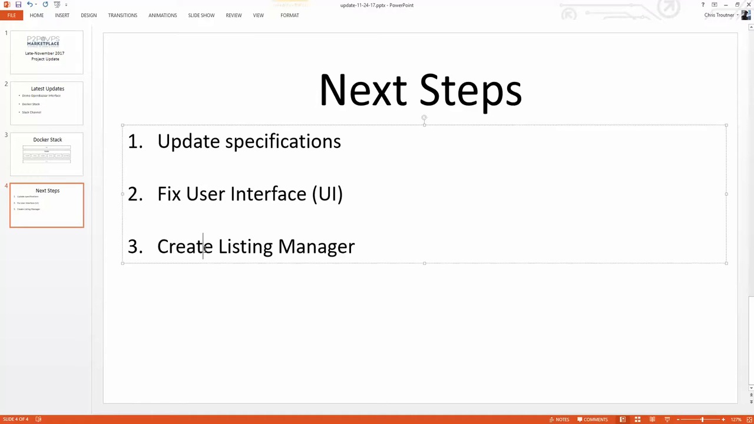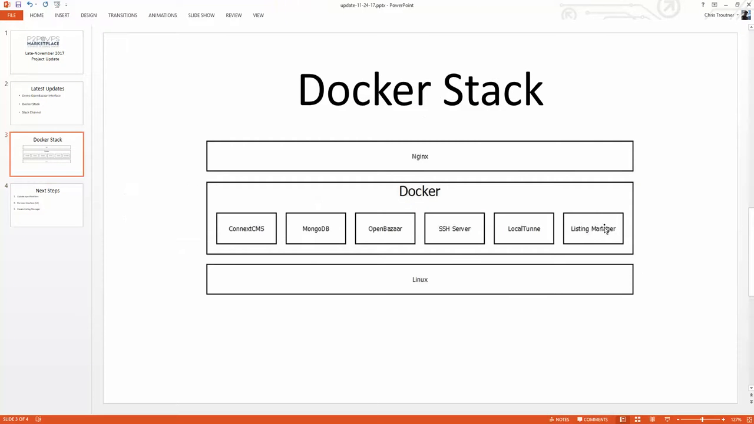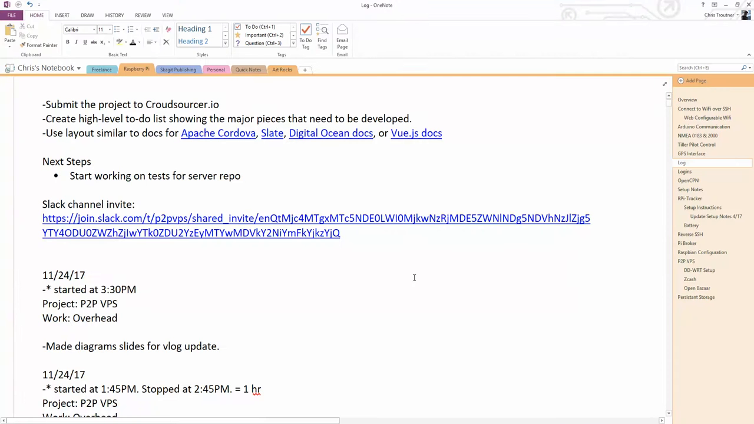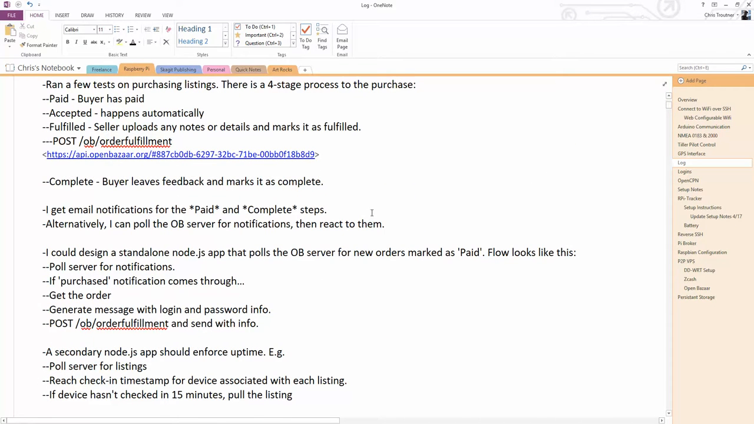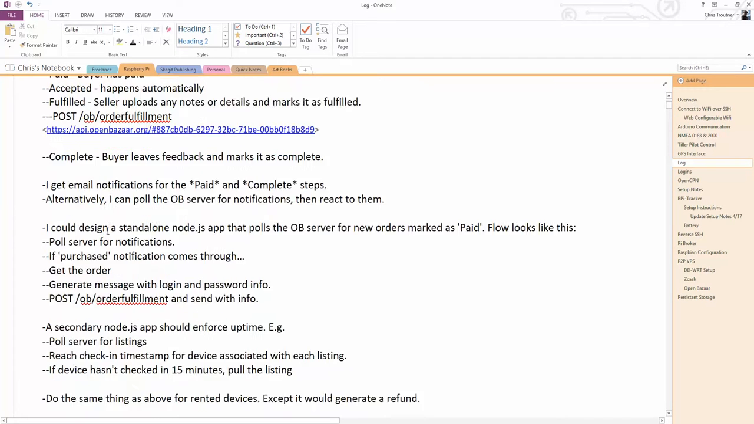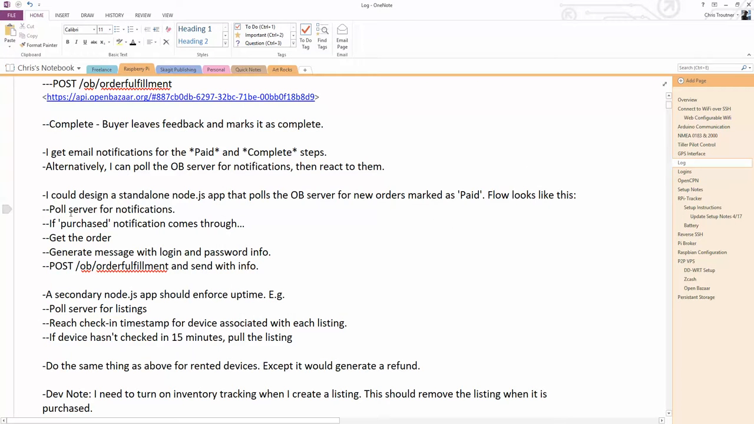And the listing manager is really the last piece of the puzzle. So you can see it's this block here, and that's just something I figured out today with getting those listings working. I think I've also been playing with email, but basically the listing manager is going to be its own little Node.js application, and its job is going to be to pull the OpenBazaar server for notifications,